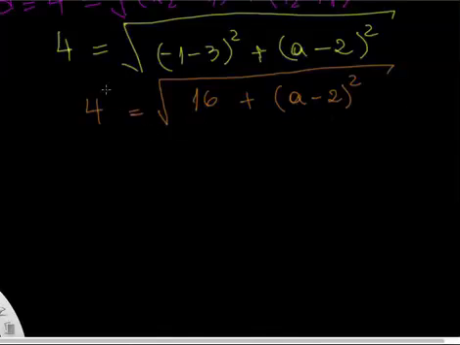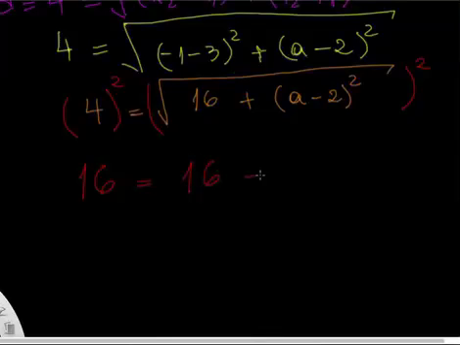So if I square, remember in a system of equations, whatever you do on one side, you have to do on the other side. So if I square my left side, I should get 16. And by squaring a square root, I'm doing a simple simplification of the square root, and I will have 16 plus